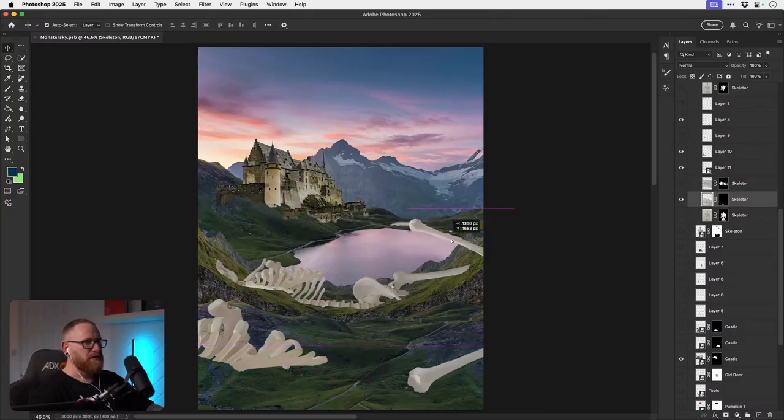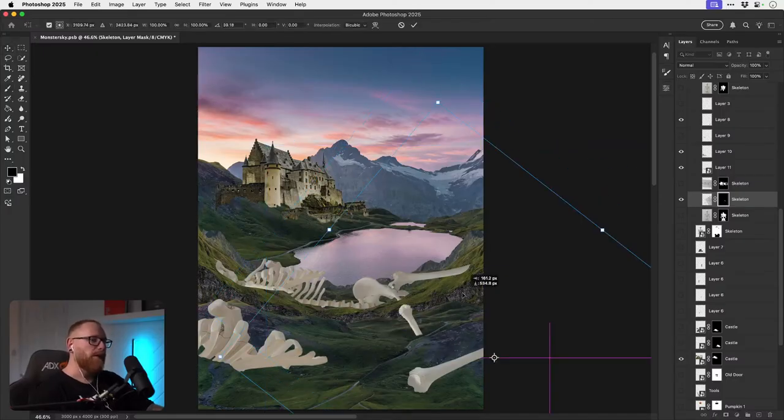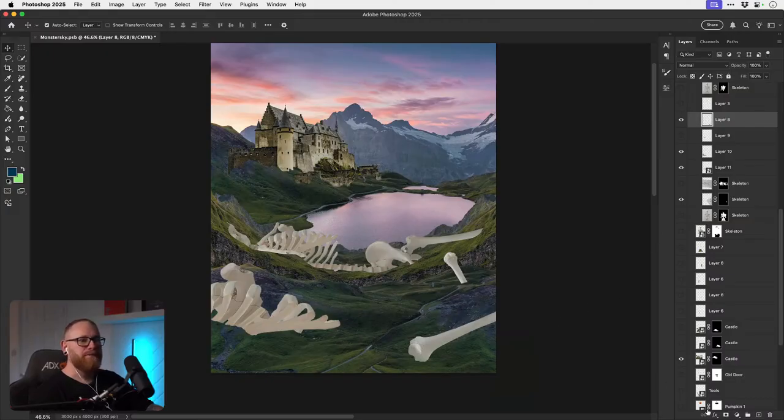We can have a bone sticking out of the landscape, because why not? There we go. Another bone here. And this one can be, again, just half buried in the hillside for no apparent reason. There we go.